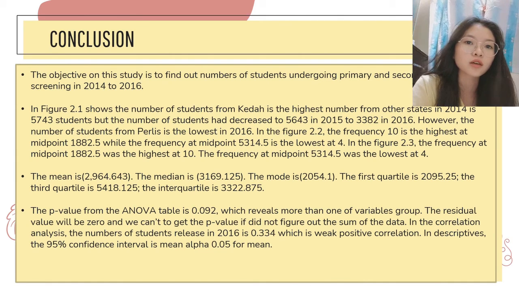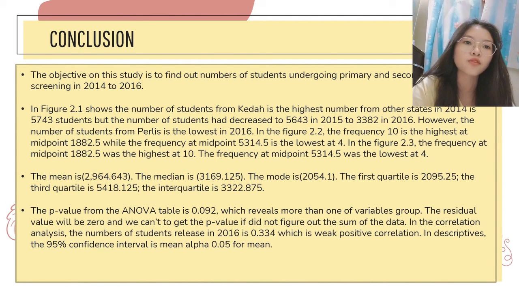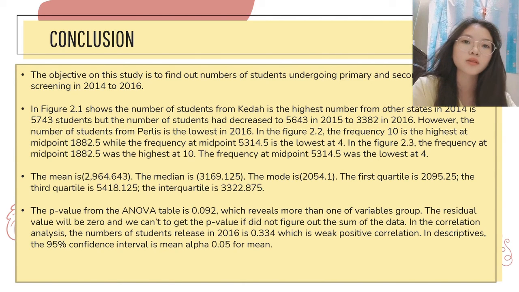The first quartile is 2095.25, the third quartile is 5418.125, and the interquartile range is 3322.875. The p-value from the ANOVA table is